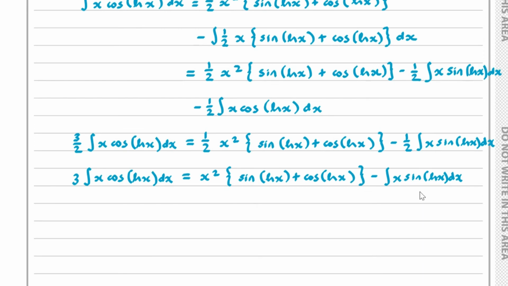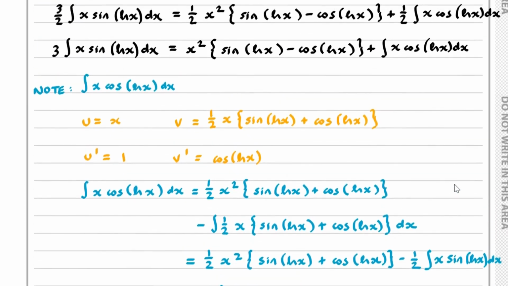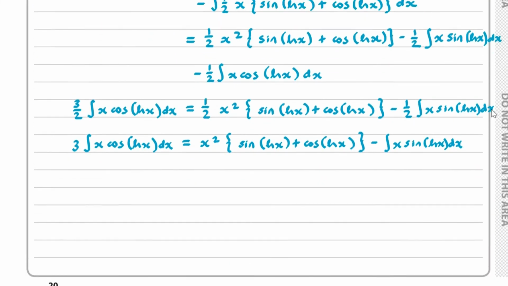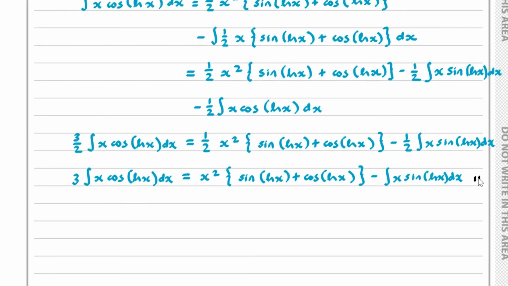So here is our integral. We've got 3 times by the integral of x times the cosine of the natural log of x with respect to x equaling x squared times by the sine of the natural log of x plus the cosine of the natural log of x minus the integral of x times by the sine of the natural log of x. Now, if I call this I, and if I call this II,